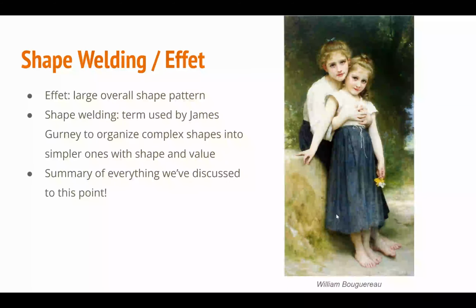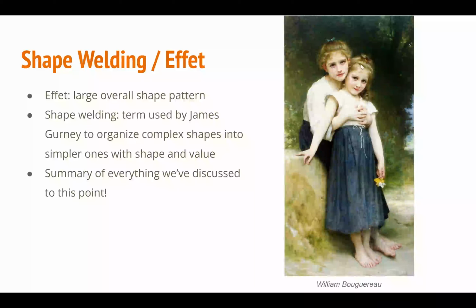So in this same kind of concept, you can call this term of combining objects together with value shape welding. This is large overall shape patterns. James Gurney, who I referenced earlier, used the term shape welding. This is where you're having a bunch of complex objects work together as a simpler shape because they're the same